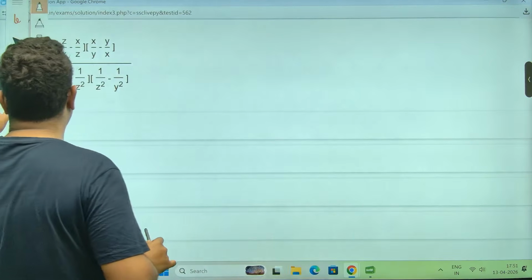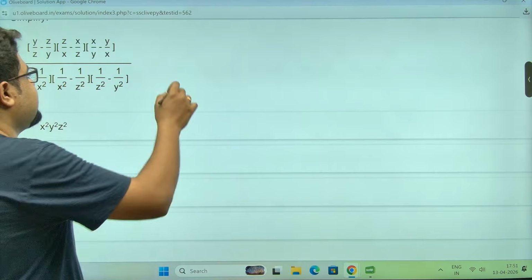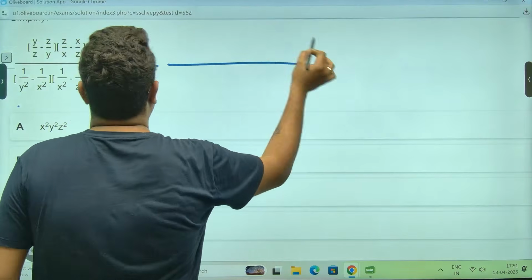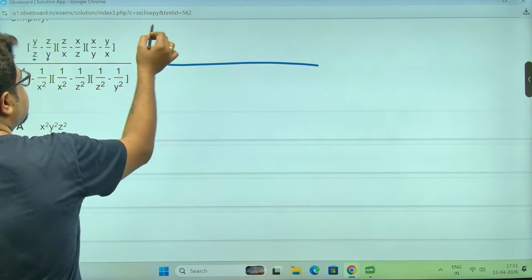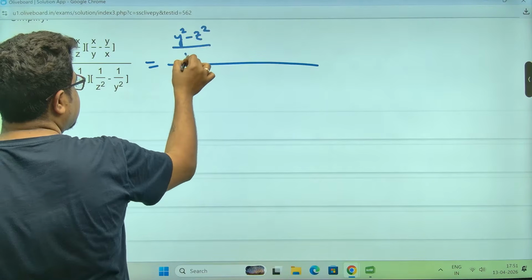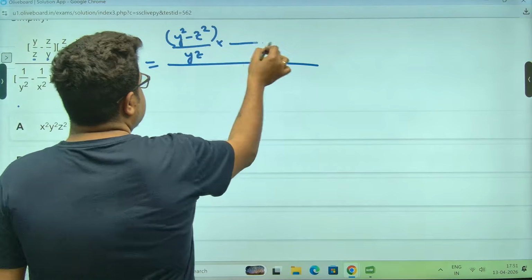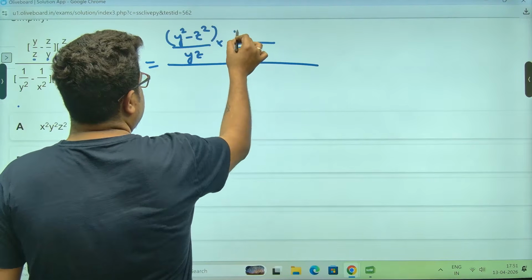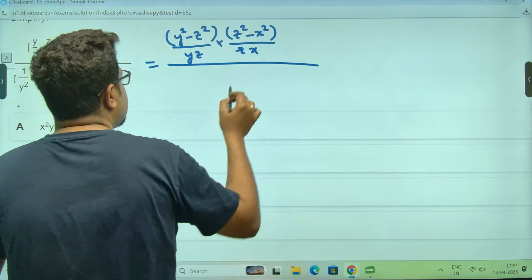Chalo. Sir, this is not a very difficult question. It looks very scary, that's all. So this is yz, and this will be y square minus z square. Please try to identify the pattern into. This is zx, and this is z square minus x square into, sir,